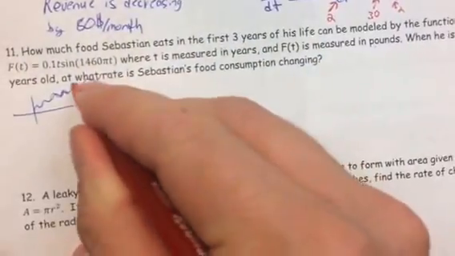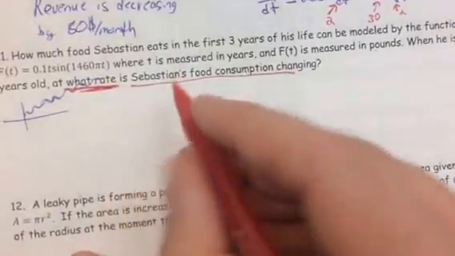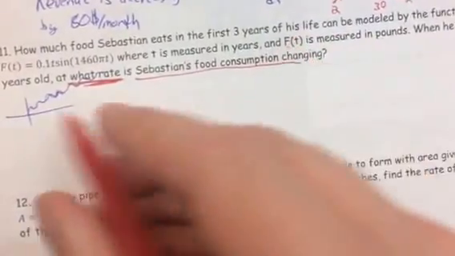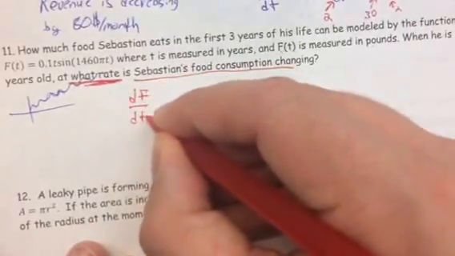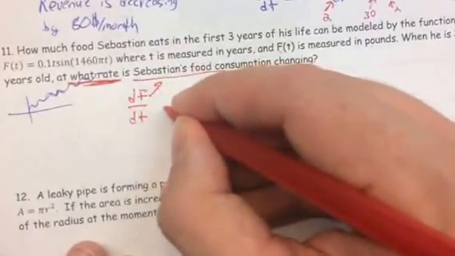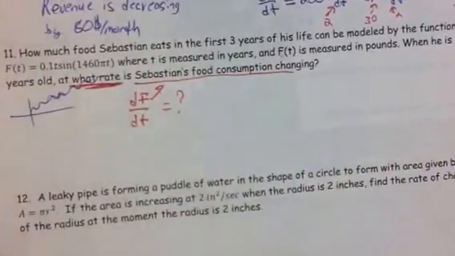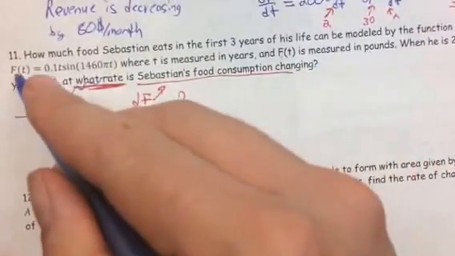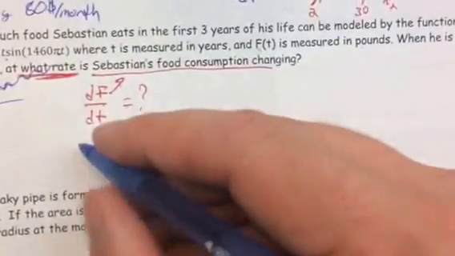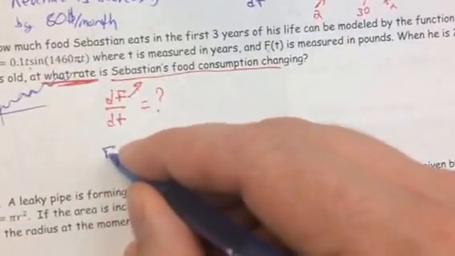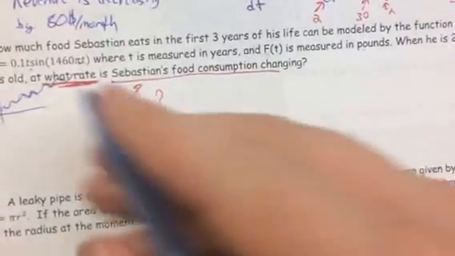At what rate, so it's a rate, is Sebastian's food consumption changing? Sebastian's food consumption was f of t. They want df/dt. So we need to take the derivative of this with respect to time. Now this one is a little bit different because all of these variables are just in time. And so we can just say, okay, df/dt, or f prime of t, doesn't matter, equals,